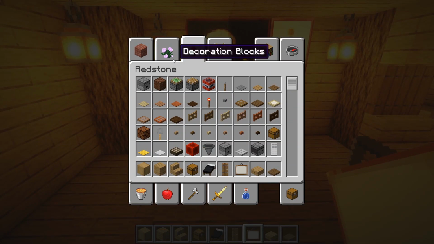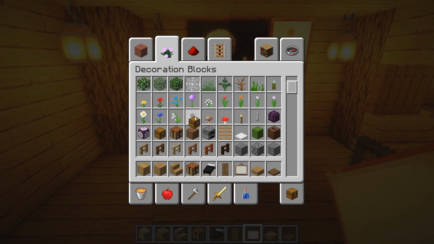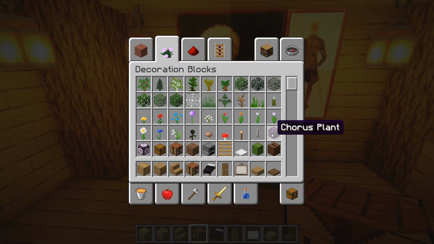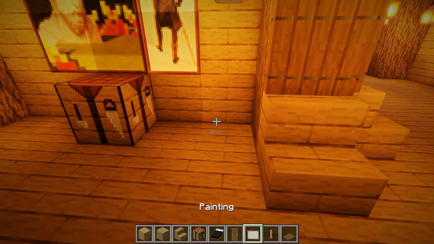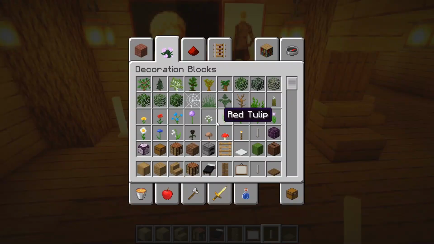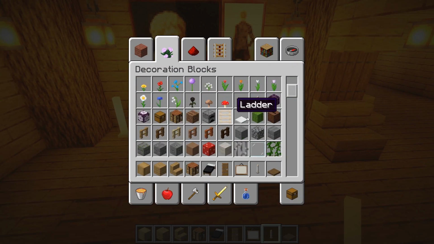Which will look very nice. You're also going to want to add a few decorations by adding a small crafting bench at the bottom, so that you can use stuff inside of your house. And we're going to put two end rods on each side of the TV as well. Then below that, what you're going to do is add